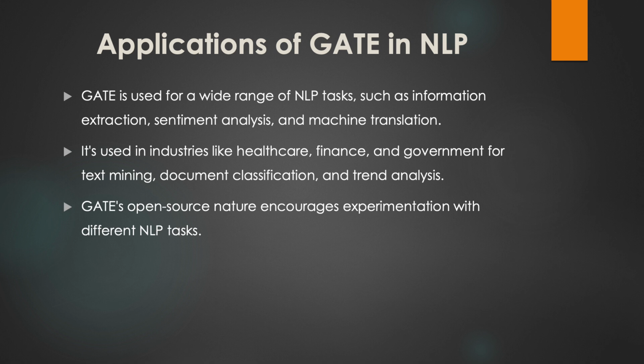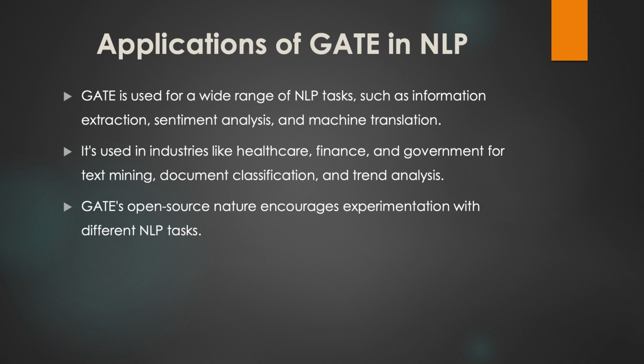In the financial sector, Gate is used for analyzing financial records, conducting trend analysis, and managing large volumes of financial data. Government also relies on Gate for tasks like document classification, policy analysis, and processing legal and regulatory text. Gate is also employed in domains like social media analysis, customer support, e-commerce, and research. It's especially valued for its robustness in text mining, enabling companies to extract meaningful insights from large amounts of